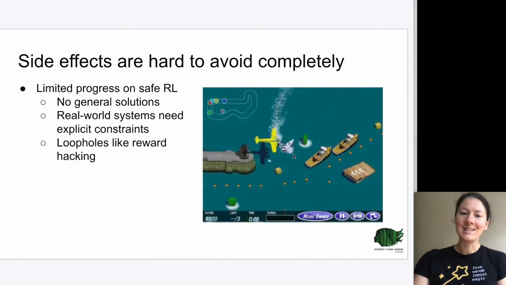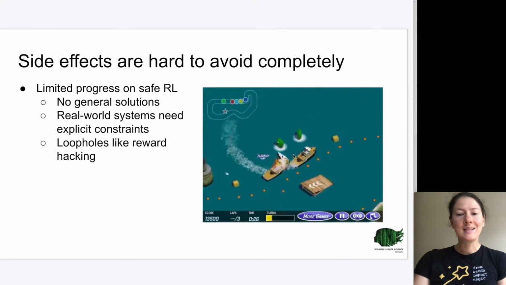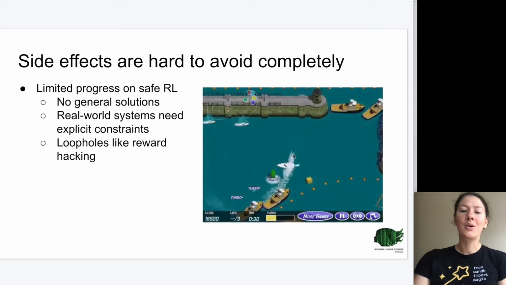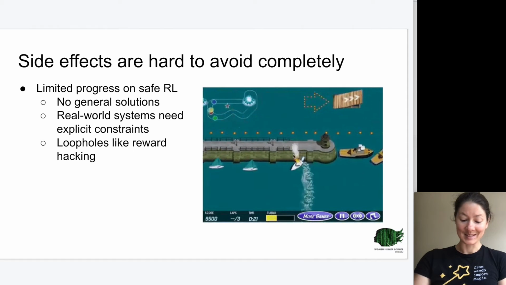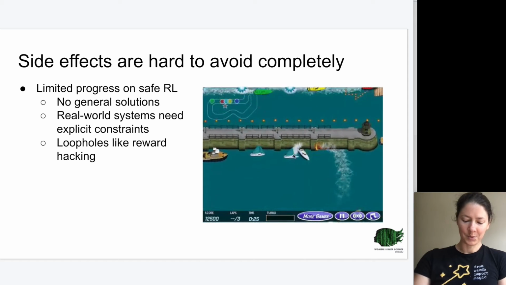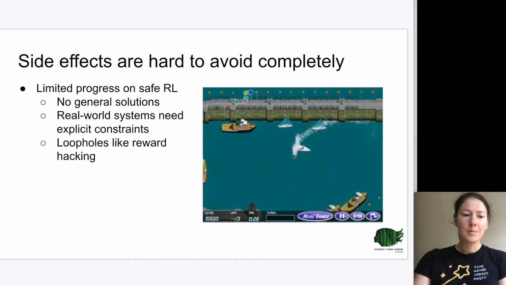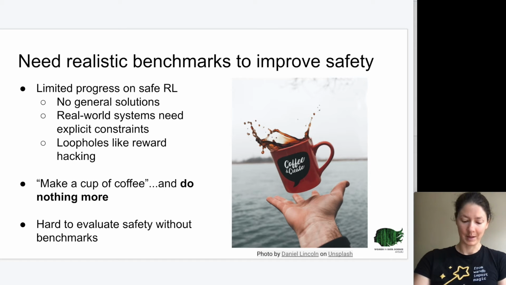And here you can see an example where we have a boat racing around a level, and this agent discovers that it can get a higher score by going in a loop and getting all these target bonuses, right, instead of winning the game. You might say, oh, we need to formulate the reward more correctly to say that finishing this level is a requirement, but there are so many possible conditions and caveats which are hard to formulate mathematically.